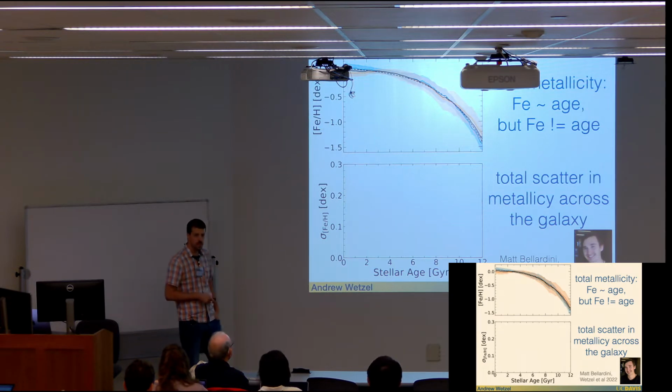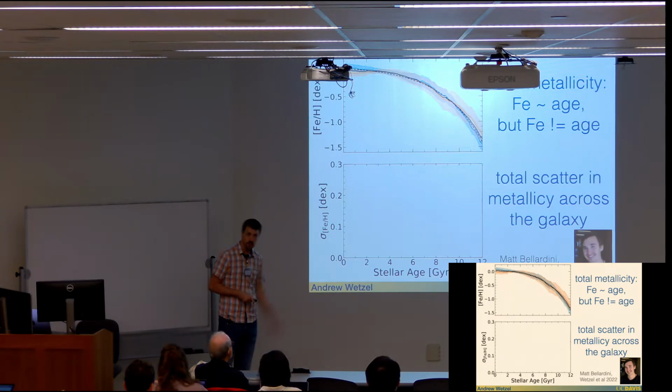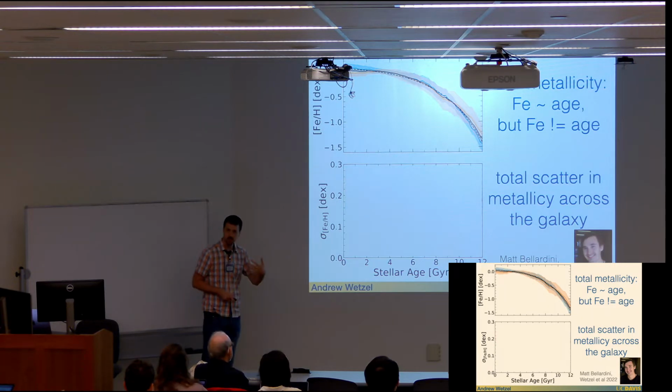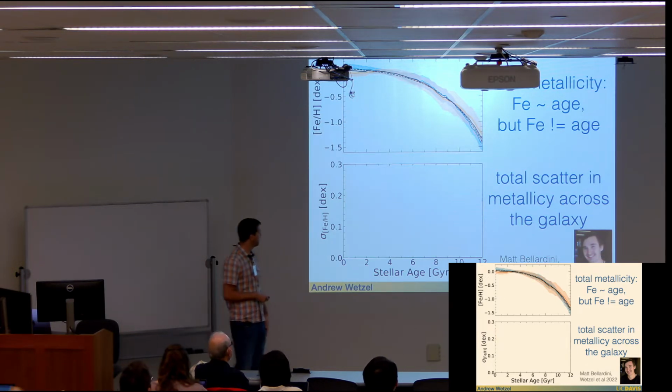All right, so here is the mean iron abundance as a function of age across all of our simulations. This is the metal enrichment history of our Milky Way mass galaxies. It looks as you'd expect. Early on, the galaxy underwent rapid enrichment, and then over the last several gigayears there was continuous enrichment, but at a diminishing rate.